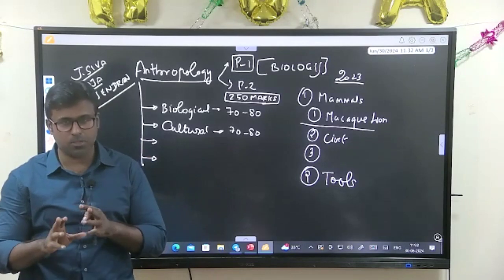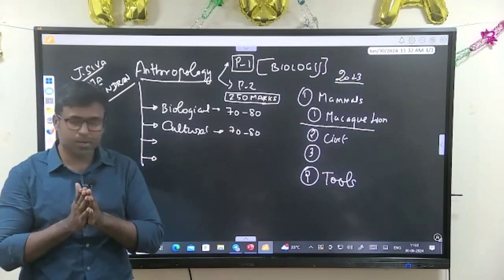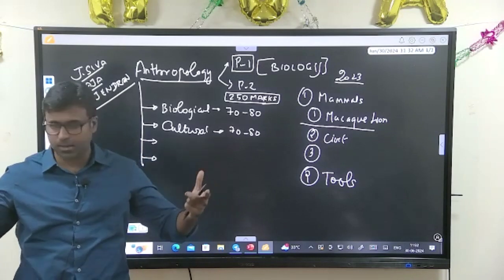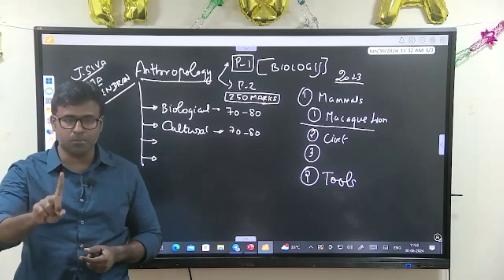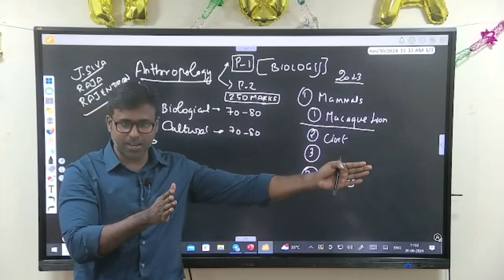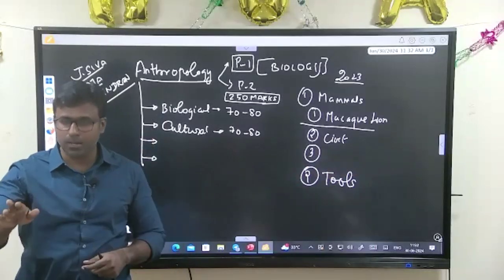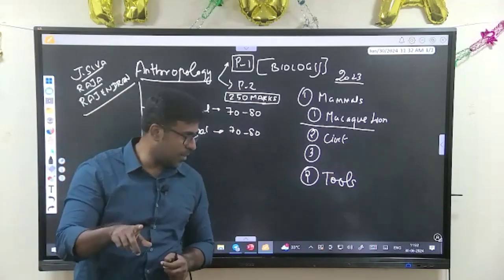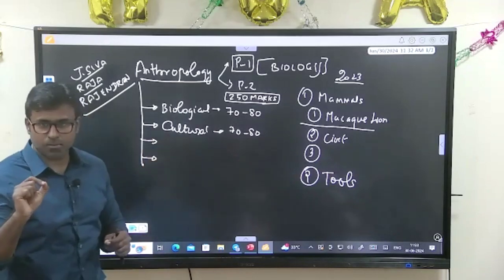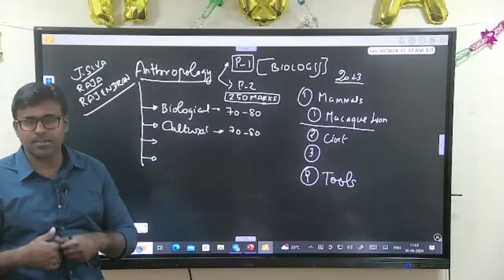We are the only species which can form a bigger group, not a smaller group. For example, in each of the 5-6 principal religions of the world, each religion contains around a billion people. Billion. That is 890 million, something like that. It's not possible in any other animal. But for that, the principal trait that we have is called culture. This is the point. No other animal will have something like culture.